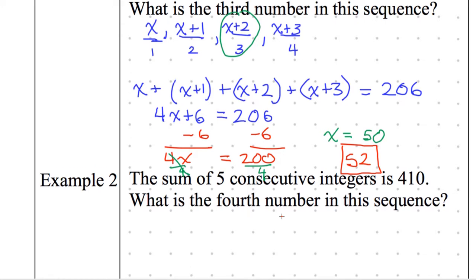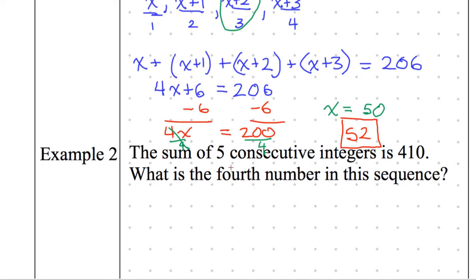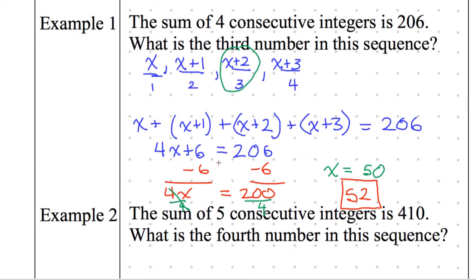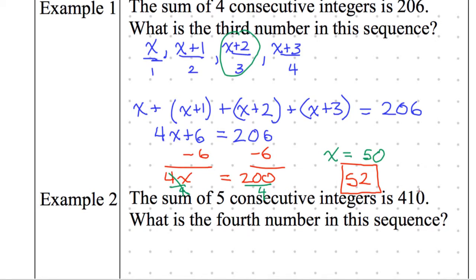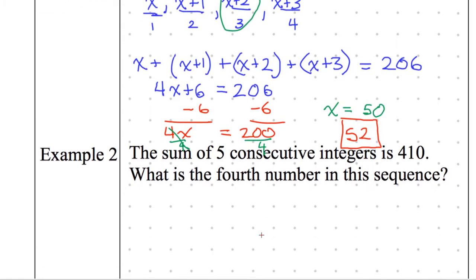All right. Now I have 5 consecutive integers, not 4, but 5, and they sum to 410. And I'm not looking for the third number anymore, I'm looking for the fourth number in this sequence. So what I want you to do now is try this one on your own. Maybe conserve a little bit more room than Mr. Sandell. I guess I kind of skipped a line here for no reason. Go ahead and try this on your own. I'm going to be walking around and helping you. Your group should be helping you as well because they can get some XP for helping you.